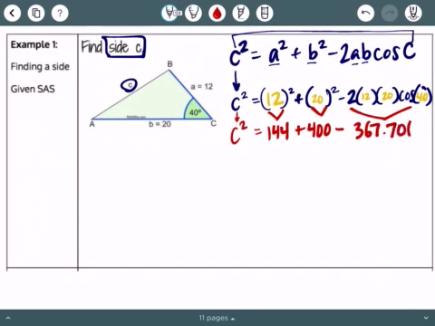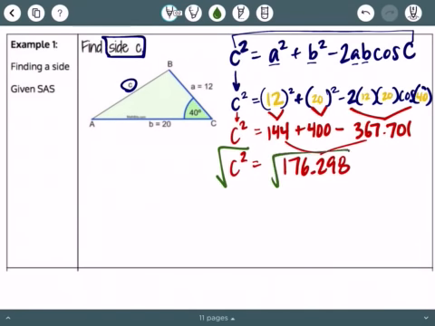367.701. I can do in my calculator 144 plus 400 minus that answer. And I'm going to get C squared equals 176.298. I need to get C by itself, so I'm going to take the square root of both sides. So I'm going to take my square root on my calculator. I have this button here, and I got C equals